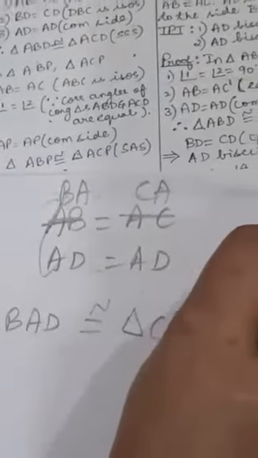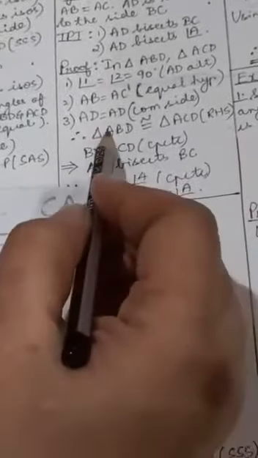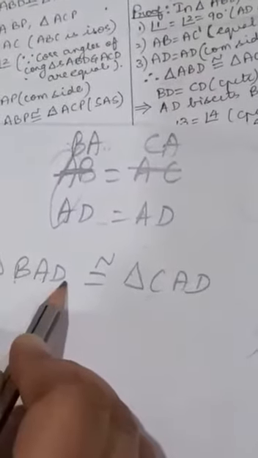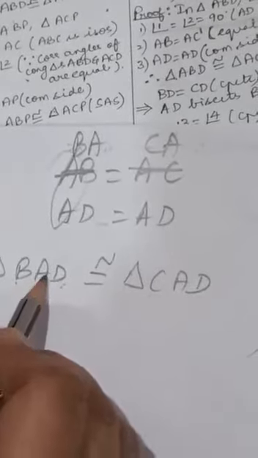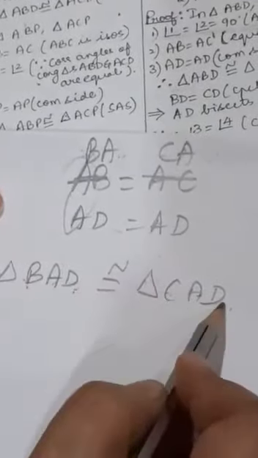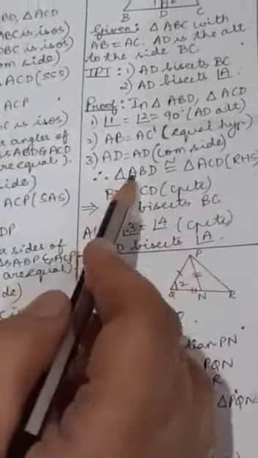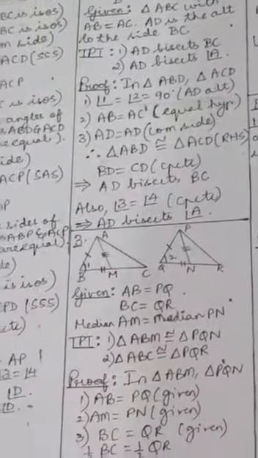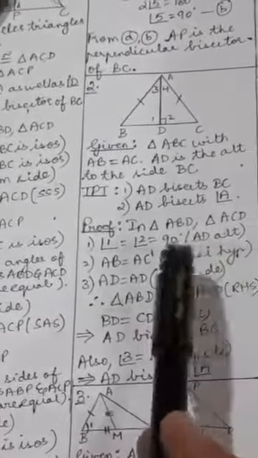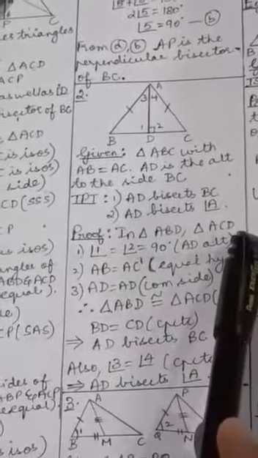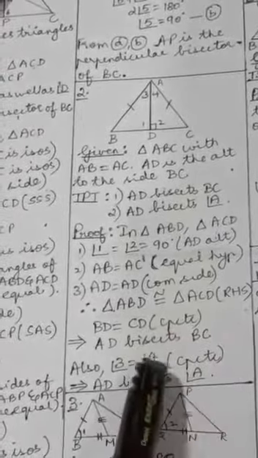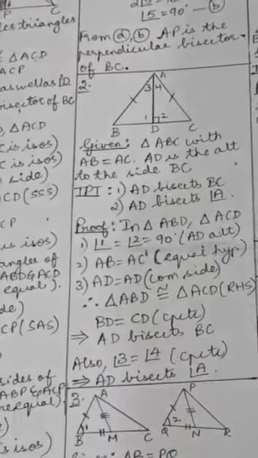But I think I have written something else here. We can get this also. So this is ABD. If you say ABD, you must say ACD. ABD congruent to ACD. So therefore triangle ABD is congruent to triangle ACD by the RHS congruence criterion. RHS, I told you, because R is the right angle, H hypotenuse, S is side. Alright. So by the RHS rule, these two triangles are congruent.